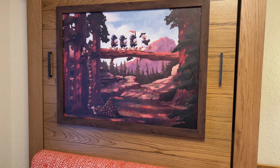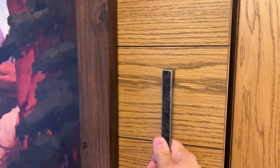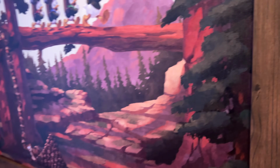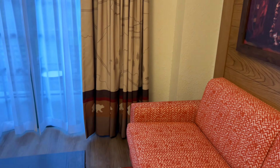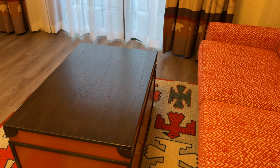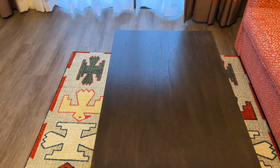And as with all the Murphy beds in the resorts they've been remodeling, you just pull these handles and the bed will come down. But Alyssa will finish pulling that down and show you what that looks like here in the room in just a few moments. The reason I can't pull it down right now is we actually have a piece of furniture we have to move here. It is on wheels, which is really nice, but this is a big storage trunk that doubles as